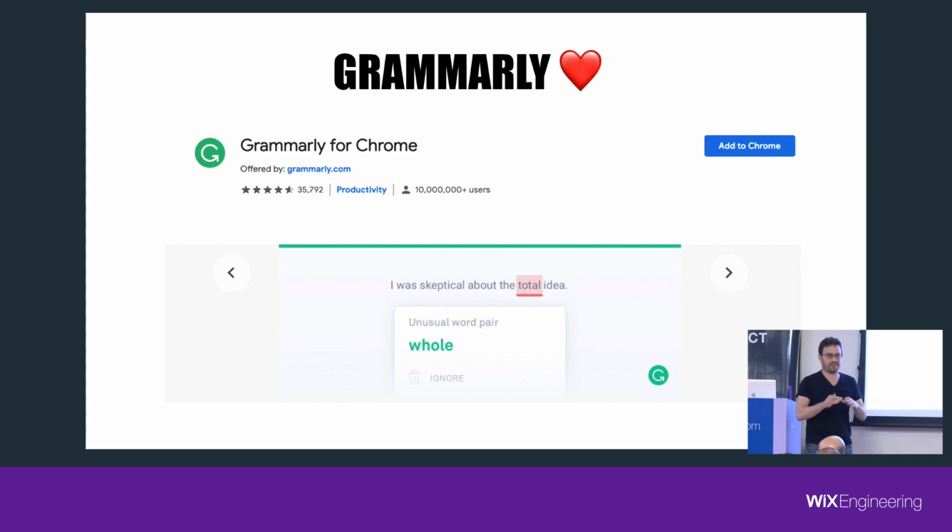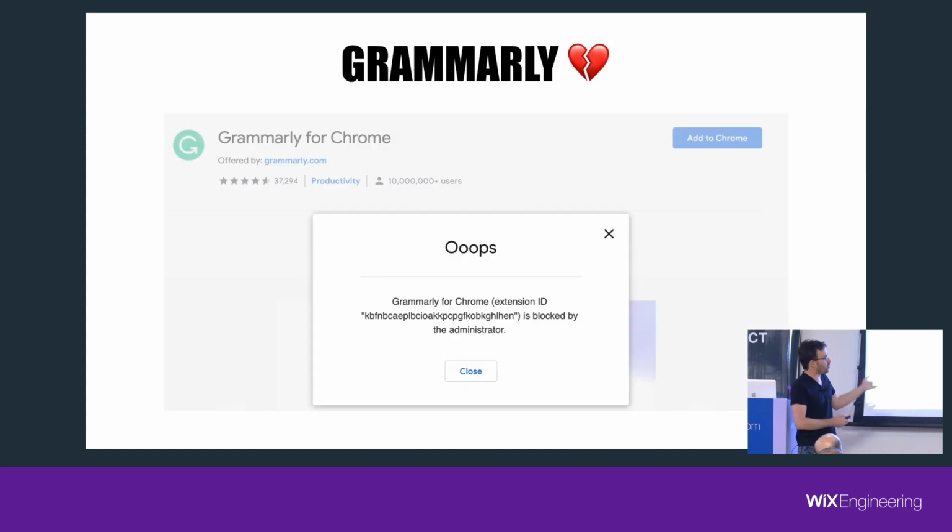If you use Grammarly, don't freak out. It's not a malicious extension. You can calm down. If you don't know what Grammarly is, it's a great extension, a very popular one. You've probably seen advertisements on Facebook or all around. It helps you enhance your English. It finds your typos or your mistakes, also offers a thesaurus for better wording, and also makes your writing simpler. But, and there's always a but, if you worked at Microsoft in the last year,